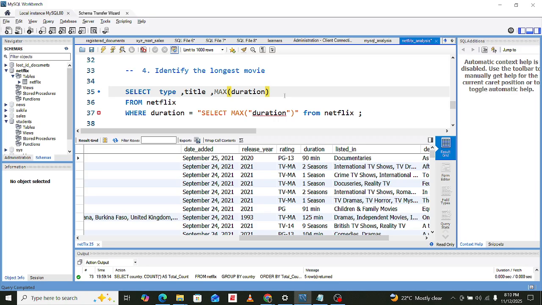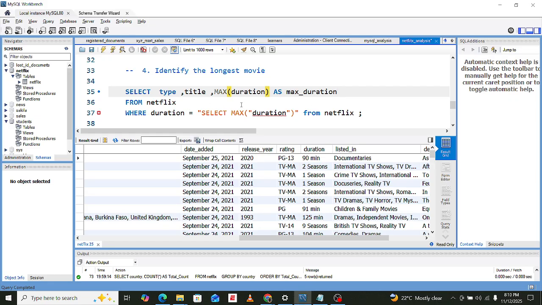And max then duration. So there you should rate it on the max part as max duration.